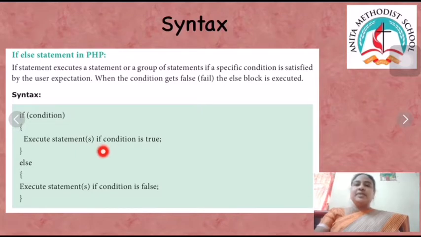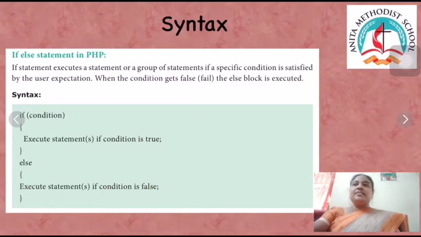This statement will execute only if the given condition is true. Now in the if else statement, if the given condition is false, we include one else. Whatever we give inside the else will execute. So the syntax is: if condition, execute statement if the condition is true, else execute statement if the condition is false.